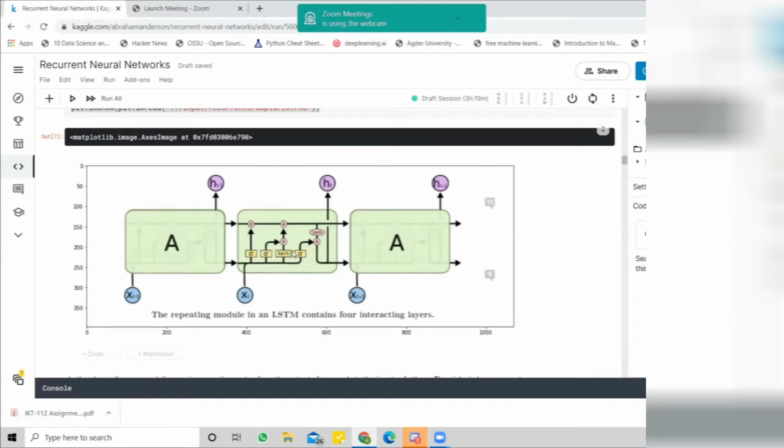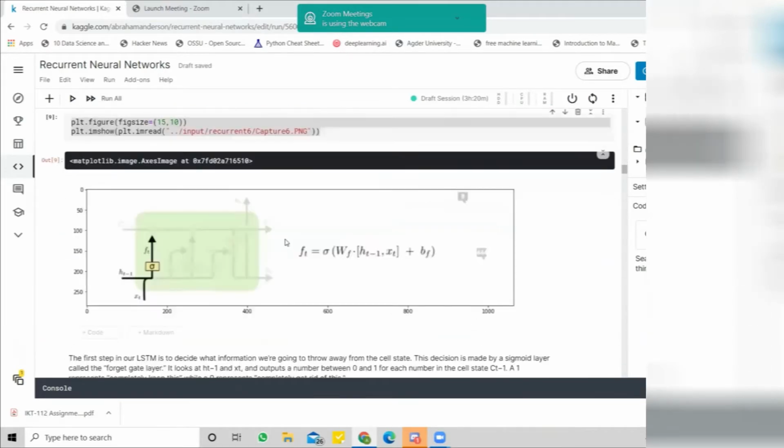A normal recurrent neural network includes only the hyperbolic tangent function. But as you can see, a normal LSTM recurrent neural network includes four different functionalities. I will explain how each of them works.